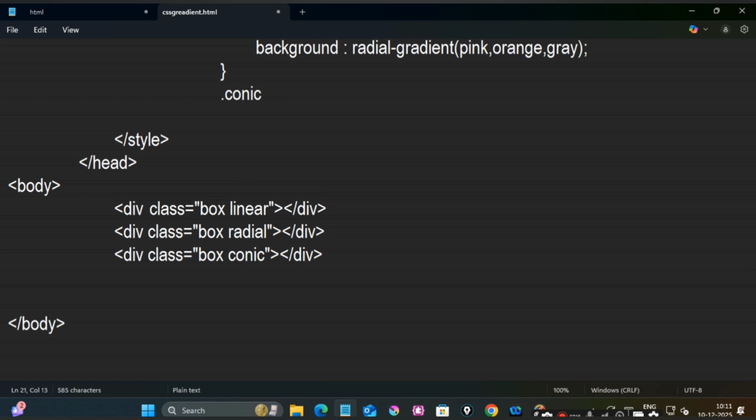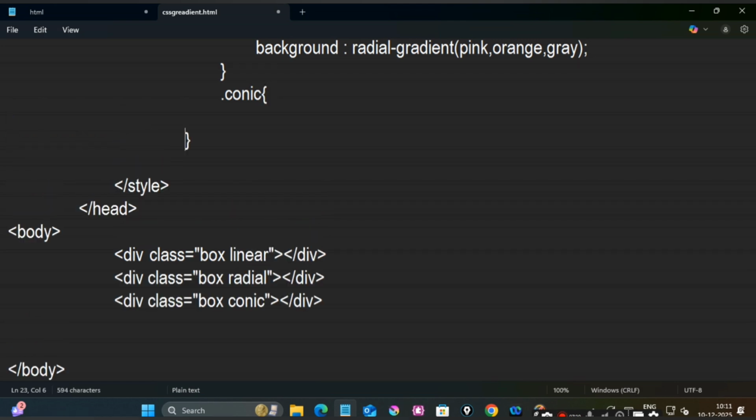Now finally, the pending one is conic gradients. So a conic gradient appears like a cone type. In the cone type I have to specify the same background, and here instead of radial you have to write conic-gradient. Then within the parentheses, you can specify the colors whatever you like. I specified here blue,